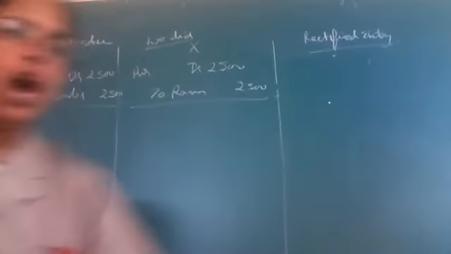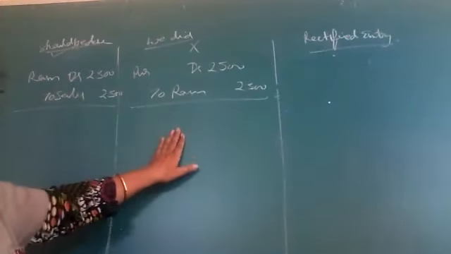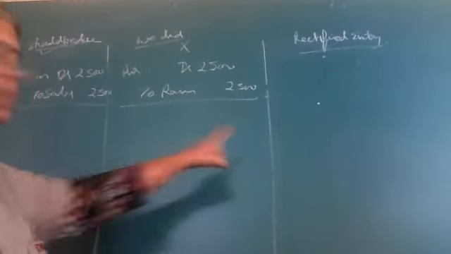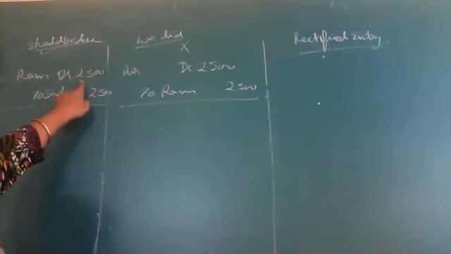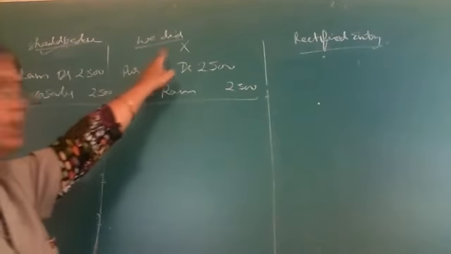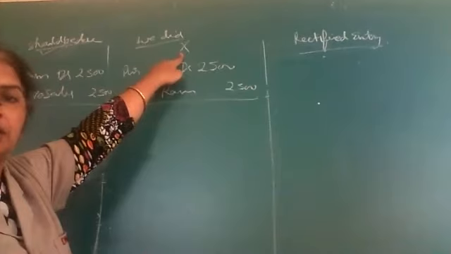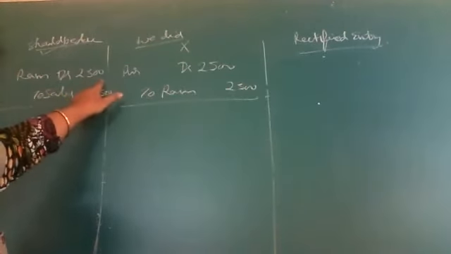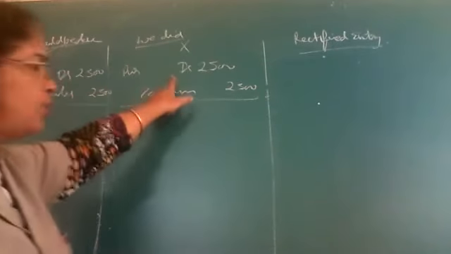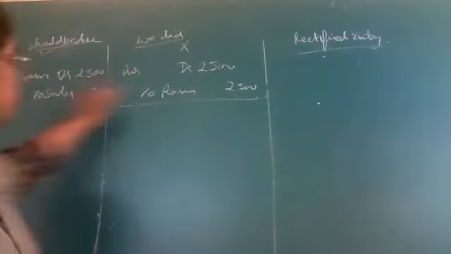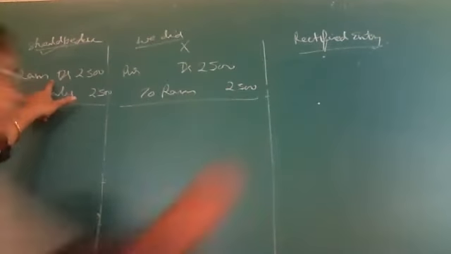Now let's see how to rectify this entry. One by one, we will rectify it. First entry: this is the part which should be done, and this is the part which should not be done. This is the wrong part. So we will start from the first. Ram should be debited with 2500. Check what you have done. Have you debited Ram? No.